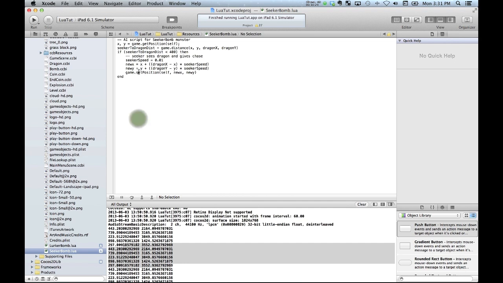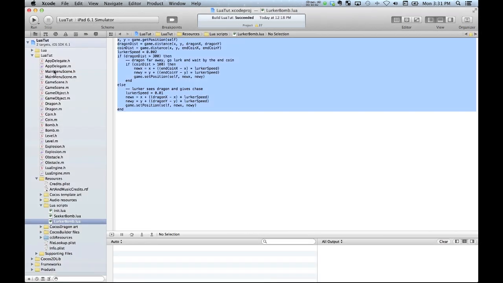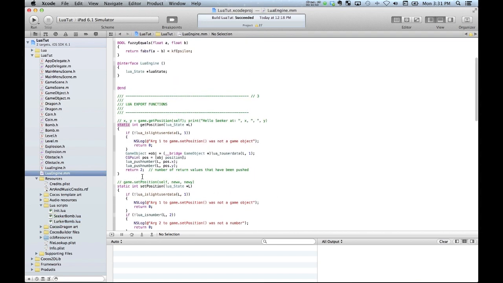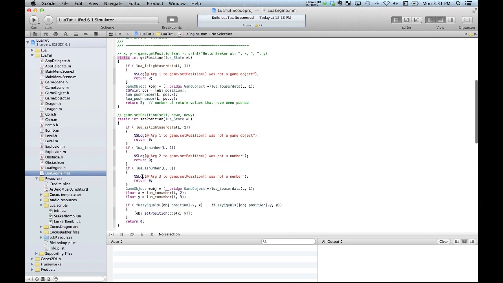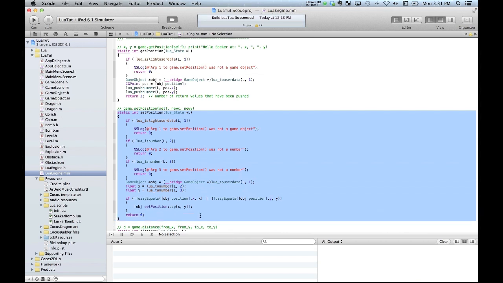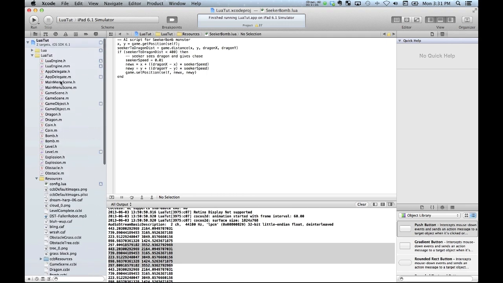And in order to get them working, what we need to do is just implement a couple of these additional functions here. Now again, just to save time, because this tutorial is going to get too long otherwise, I'm just going to grab out from our Lua engine here our additional imports. So this is what our set position function looks like. It's not really much different to our get position function. Certainly it's got the same exact